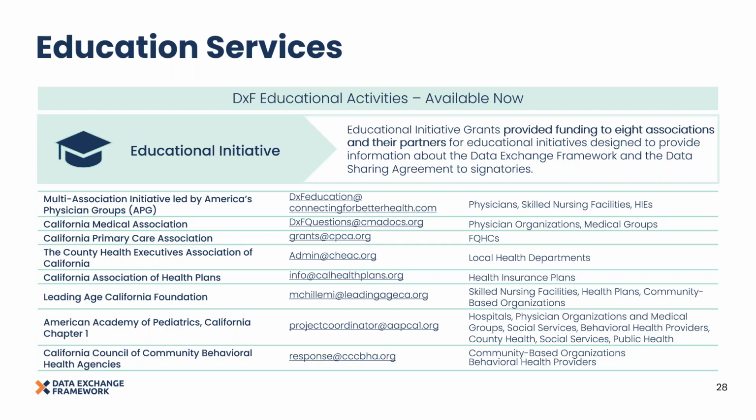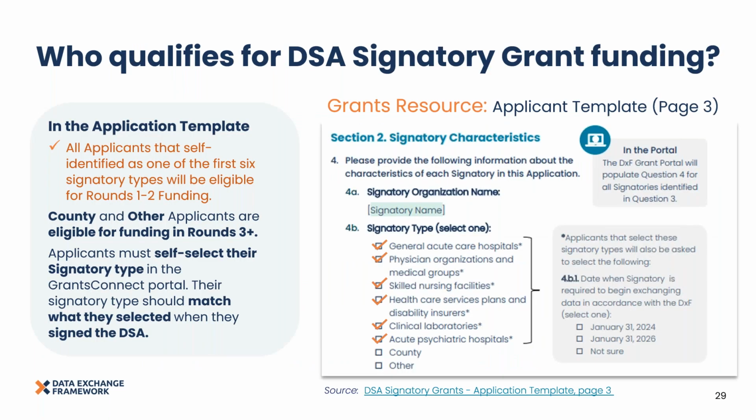So I've mentioned the grant programs. I'm not going to go too long into this education services slide, but this is a place to go and find some of the resources that David shared earlier on. To qualify for a signatory grant first off you need to have signed the DSA. We do have this application portal that is open, and entities that are allowed to attest in rounds 1 and 2 or apply in round 1 and 2, apply for review and awards